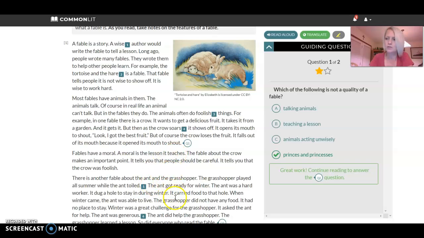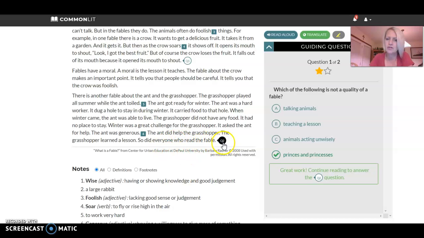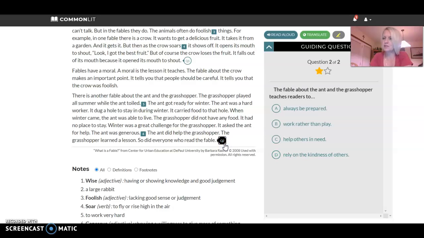And look, I can see the words now. I would continue reading until I got to the end, and there's another Q2. So that means there's another question. After I read these 2 paragraphs, I would click Q2. And it would ask me the next question. The fable about the ant and the grasshopper teaches readers to, and again, the answer would be in the text. The fable about the ant and the grasshopper teaches readers to always be prepared, is I think maybe what I